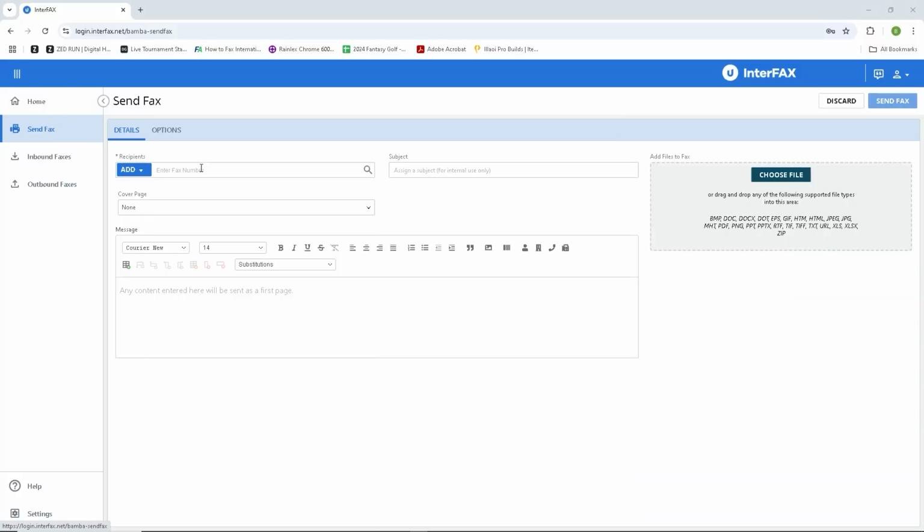So I'm going to open up my fax screen here, and I have my fax number already copied and pasted, ready to go. This is just like an email or any other message that you send on a day-to-day basis, like a text or something like that. You do have a subject line just like an email, but you also have the ability to add a cover page. Cover pages are really important for faxes because a lot of companies require them because they communicate a